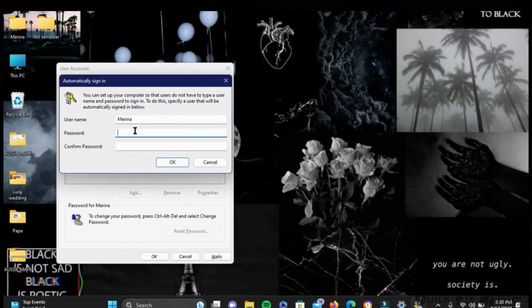Now what you have to do is enter your password and confirm it, and once you do that, by just tapping on OK, the lock screen and the password will be